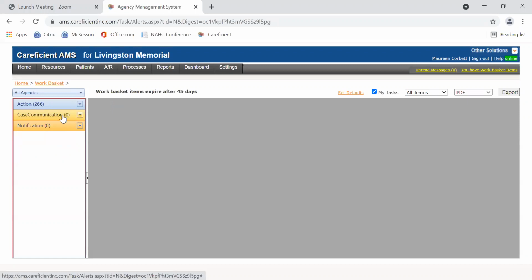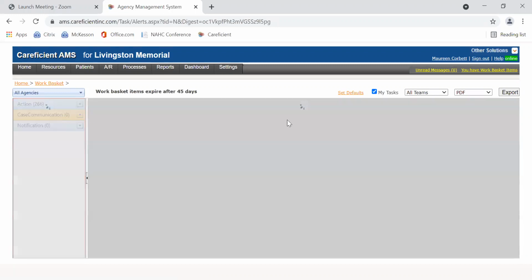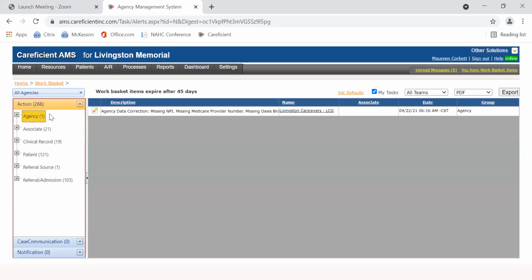Under case communications, it goes back to my tasks. So case communications is the same. There's no action item required. It's simply a notification. So under action,